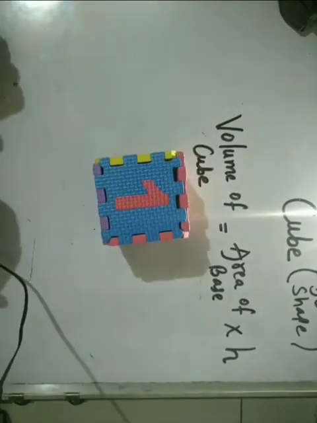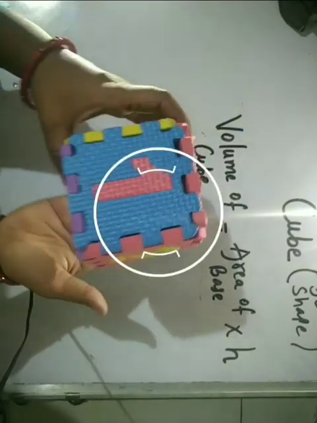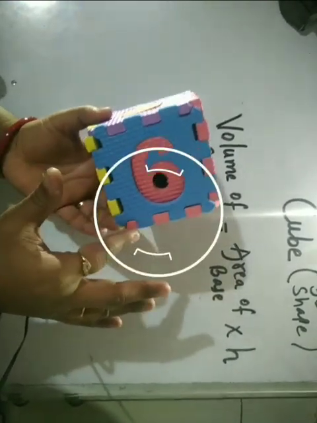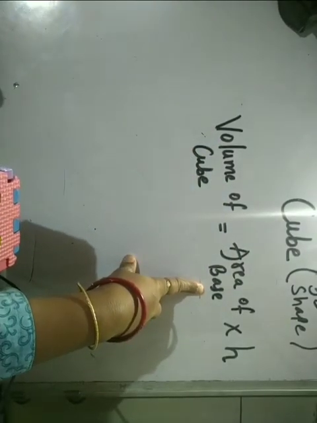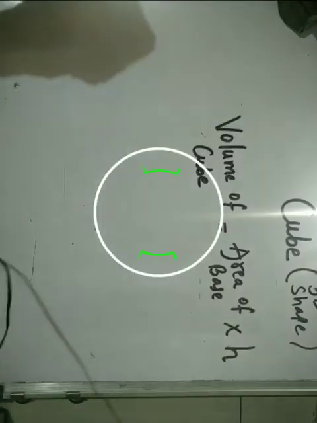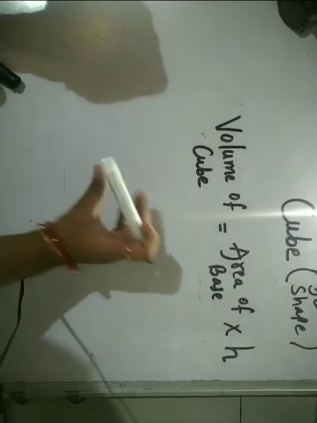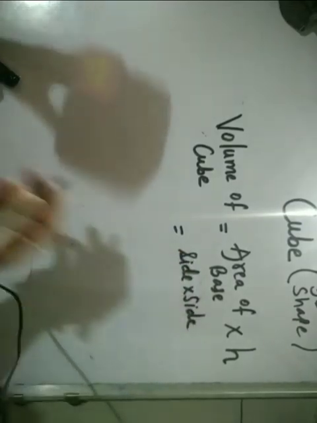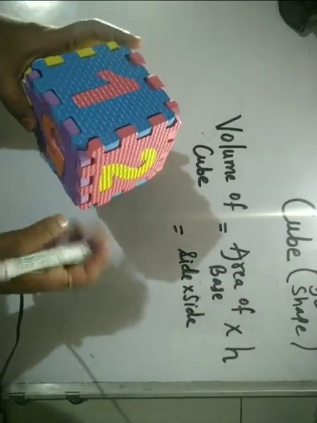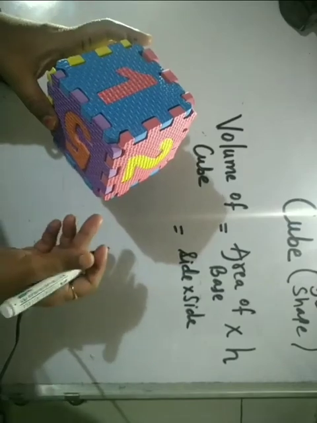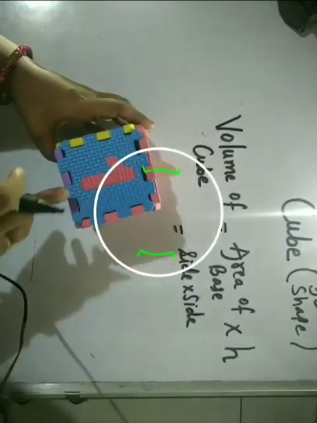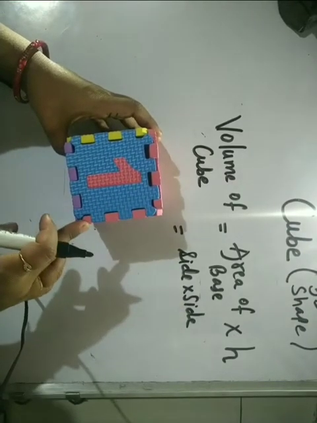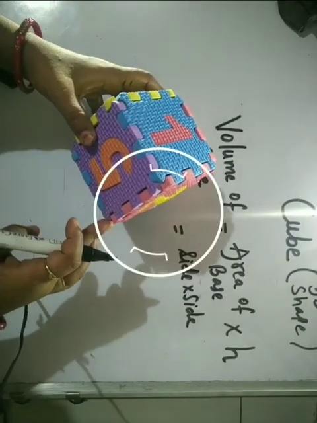So now if we are talking about cube, this is the bottom part and this is the base. This base, if you will see, is square in shape and we need to consider the area of the base. So if the base is square in shape, its area will become side into side, because the formula for area of square is side into side. Now if this is side, the length is side, because it is square, the breadth is also side, and because this is also a square of the same size, this is also side.